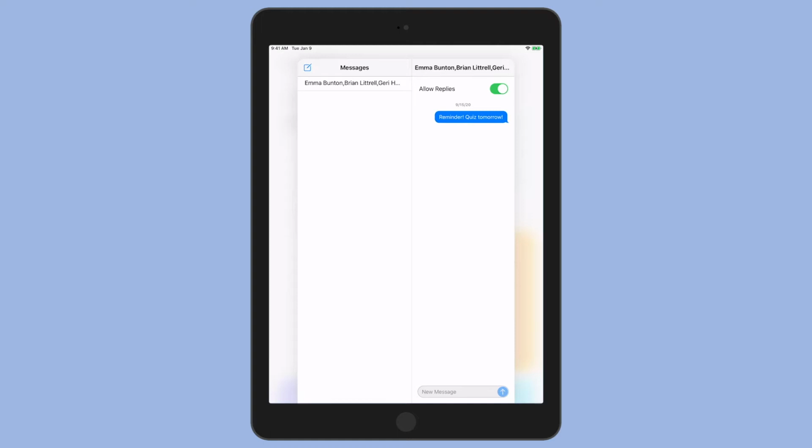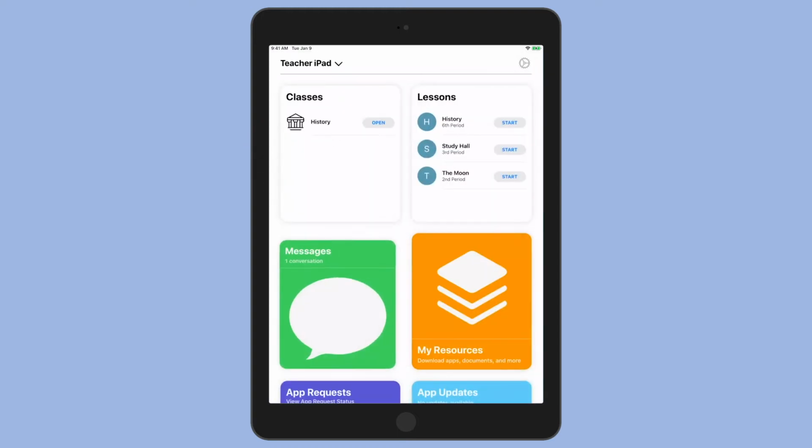Finally, if your school has enabled it, your students will have access to a feature called Raise Hand in their Jamf Student app. This allows them to notify you that they need assistance, after which you can promptly email or message them. This is great for remote learning when it might be hard to get your attention over video conferencing software, and even better for students who might have anxiety about putting the attention on themselves to ask a question out loud. Raise Hand can also come in handy during asynchronous learning when students are studying at their own pace